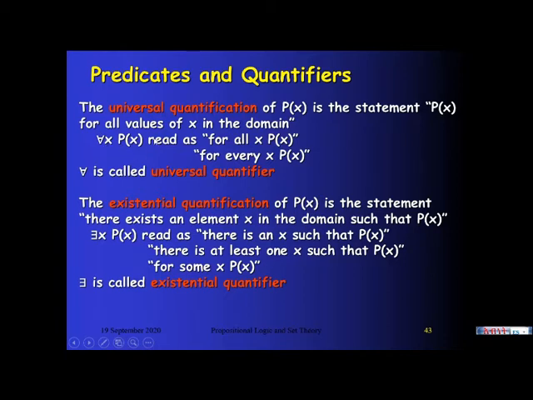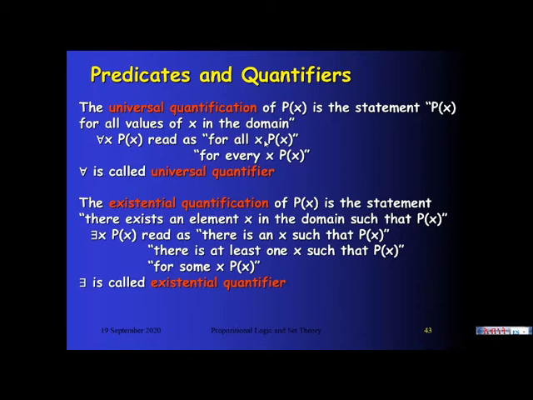For all x, p of x means: we can read it as for all x satisfies the property p of x, or for each x satisfying p of x, or for every x satisfying p of x under the given domain. The existential quantifier of p of x is the statement